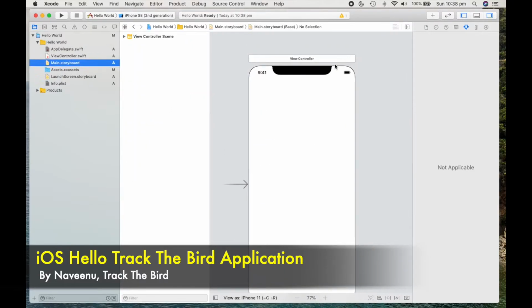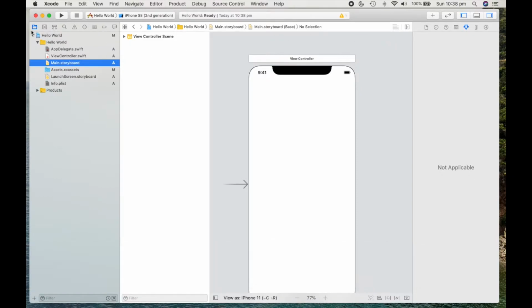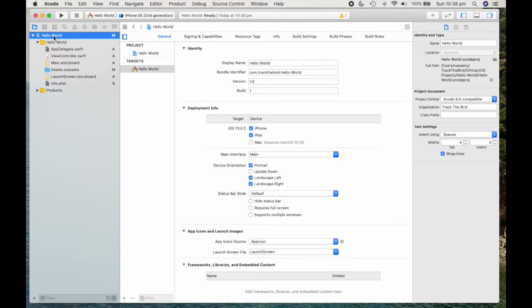Before adding any component to our view controller, I would like to give some information about this layout, at a very high level for now. I'll give an in-depth look at this IDE at a later stage. Today there are mainly three categories. One is this section, which is called the navigation section. In this, all the files, storyboard, or any pod files will be there.